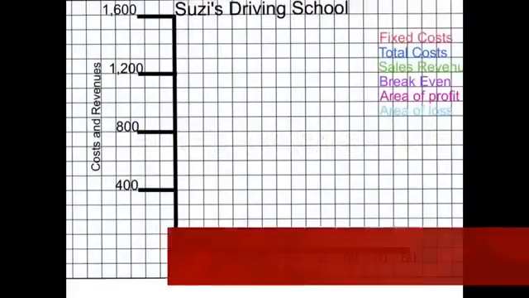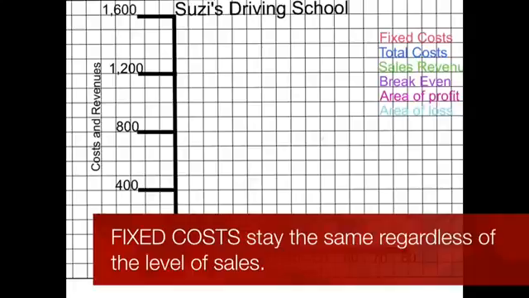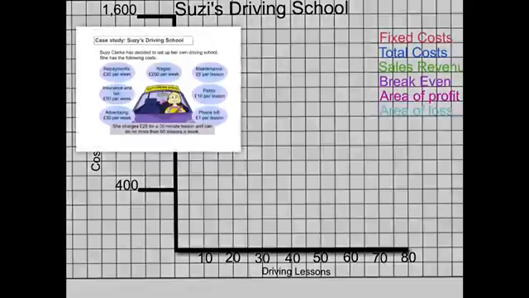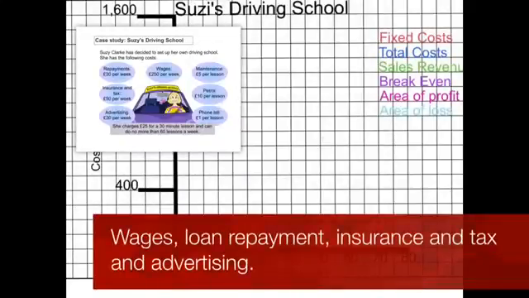Remember, fixed costs remain the same regardless of the level of sales activity in the business. They still have to be paid even if the business is closed and not trading. For example, if Susie doesn't do any driving lessons, she still has to make her fixed payment costs. If you look, the fixed payment costs are